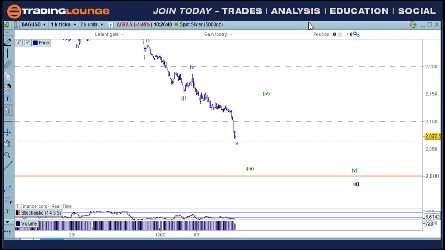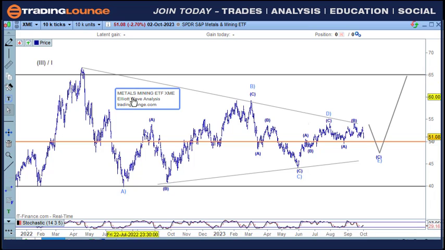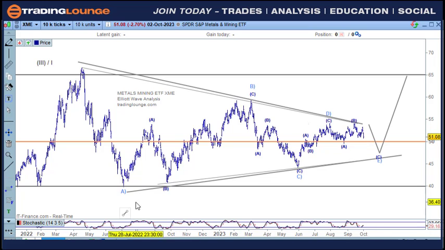So that's silver. So I have burned up a fair bit of time, so I'll just run through this reasonably quickly. So this is the metals and mining sector, as you know, and you know that all of this here is corrective, bullish corrective, and it's basically working its way into the 5, the second strongest number here. That's what it's doing here, but it hasn't quite finished with it. We've got that high, that low, that high, that low, that high, that low here. So this is going to come down.